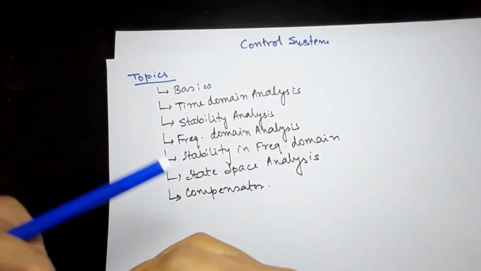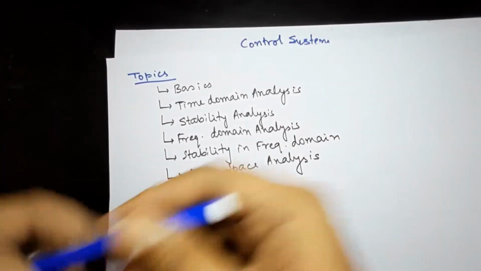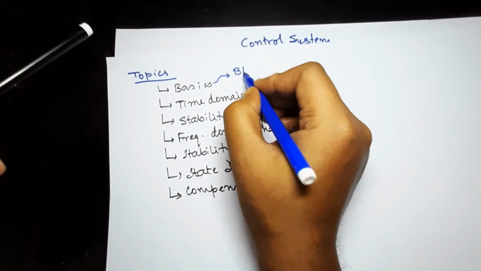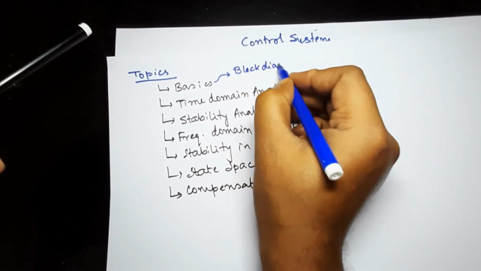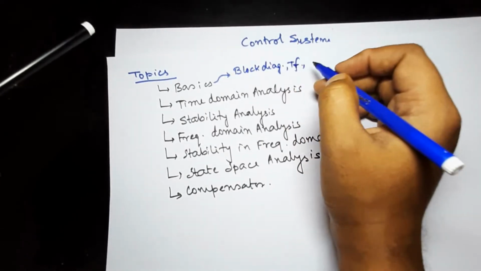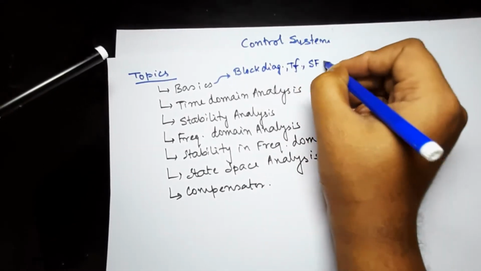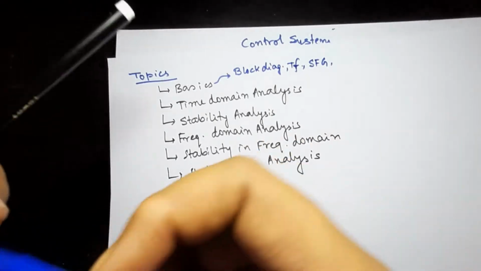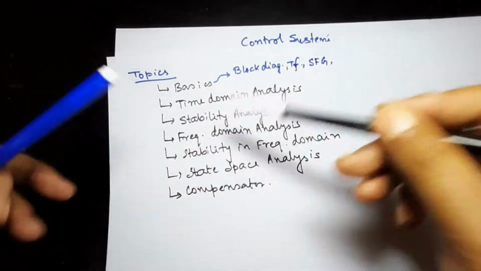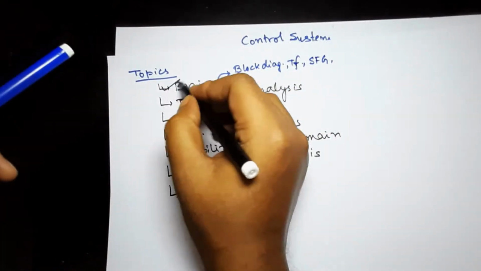Okay. So these are the main chapters. In basics, I will cover block diagram, transfer function, and signal flow graph, various kinds of control elements, open loop control system, closed loop control system,